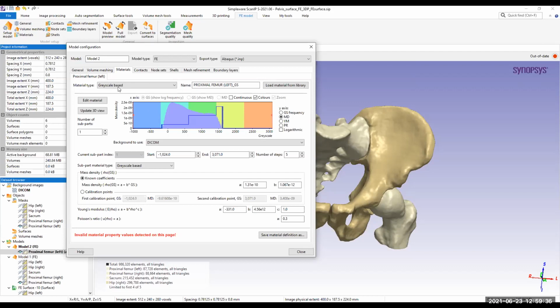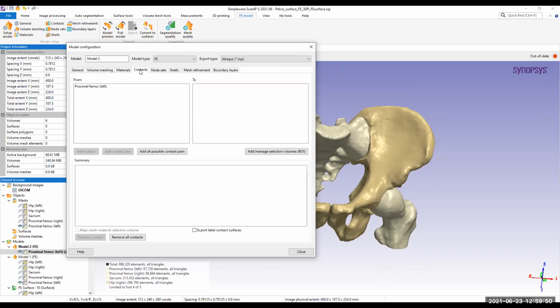I can do this for every part separately. Let's say that we had two parts over here. One was bone and another was a metal implant. I can define material properties for both the materials separately. Then I can generate some contact points if my end goal was to do some load-bearing analysis. I can generate some contact points, some node sets, and some cell sets at our region of interest.